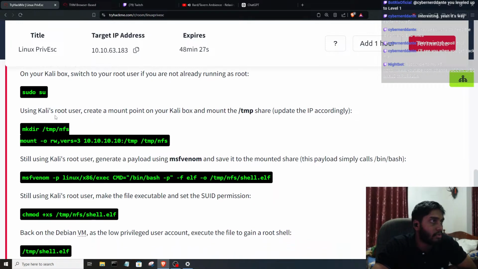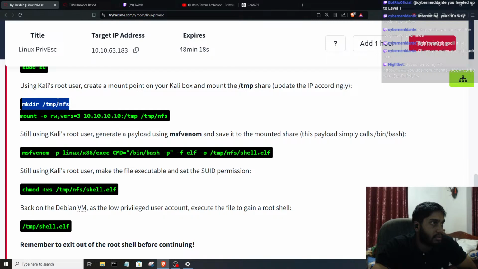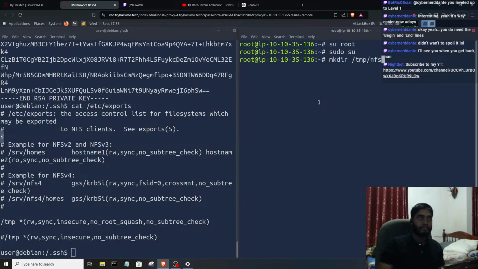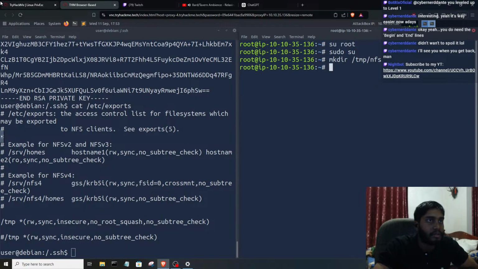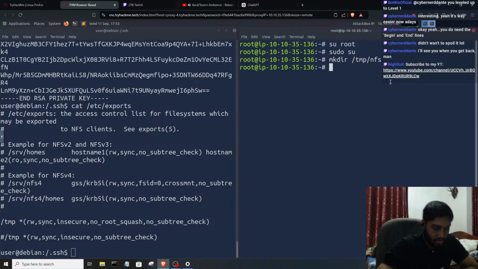And using Kali's root user, create a mount point on your Kali box and mount the /tmp share. The IP accordingly, mkdir /tmp/nfs. Okay. So we created the directory /tmp/nfs, and then we're gonna mount -o rw,vers=3 with the IP and /tmp. Okay, let's update the IP to match our